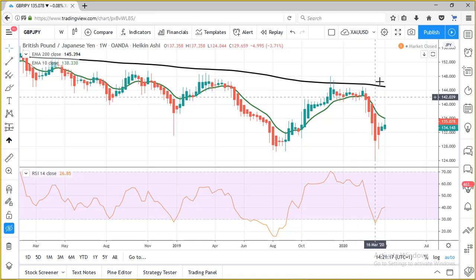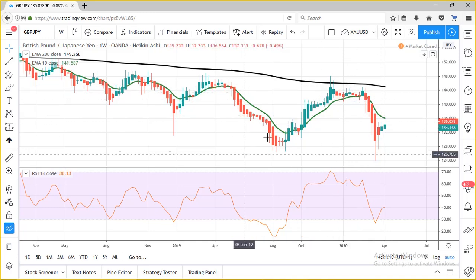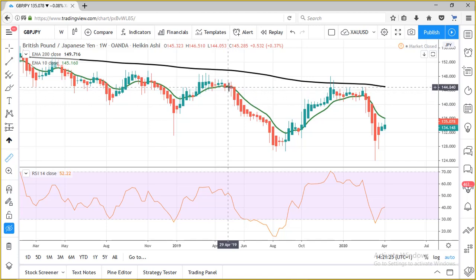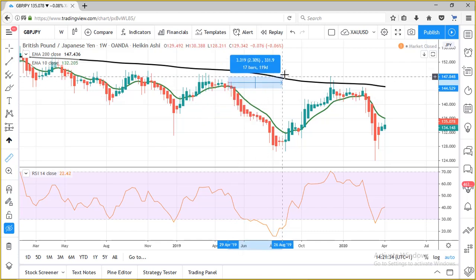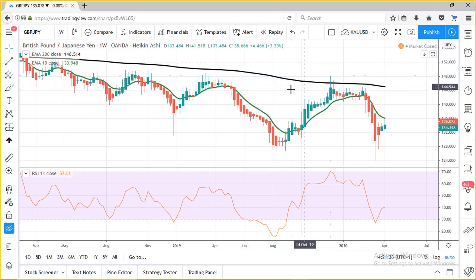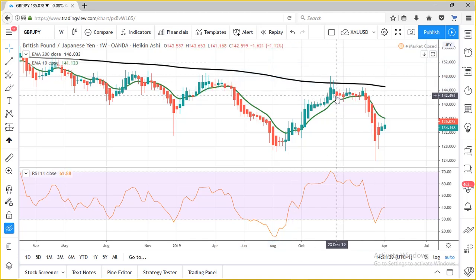I want you to see deception here. This consolidation also was how many pips? From here down to this point, how many pips? The consolidation was about 373 pips, less than 400 pips. That consolidation went on for how long? 1, 2, 3, 4, 5, 6, 7, 8 weeks. That's 2 months. It went on for 2 months, and just as we thought that the bulls were trying to